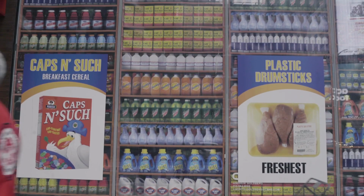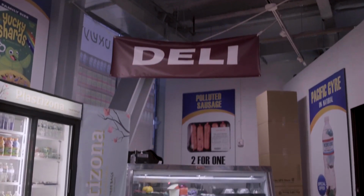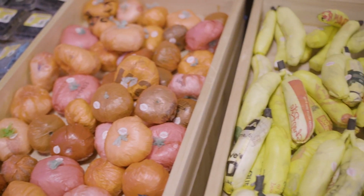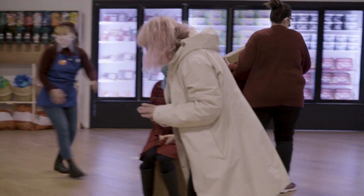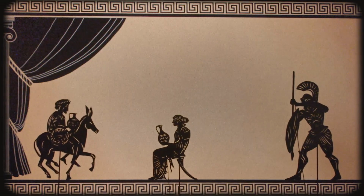The plastic bag store looks like a regular grocery store situated in a storefront, but everything is made out of plastic bags and trash that we pulled out of the garbage and washed ourselves. But everything inside the plastic bag store transforms into a performance space, and there is an entire narrative that spans the ancient past and the present day and the far-off future, and sort of explores the idea of the foreverness